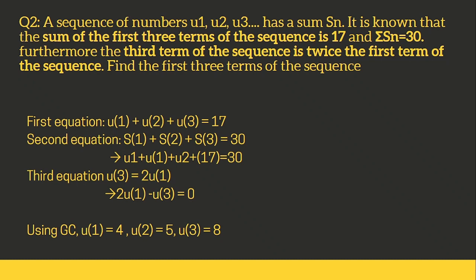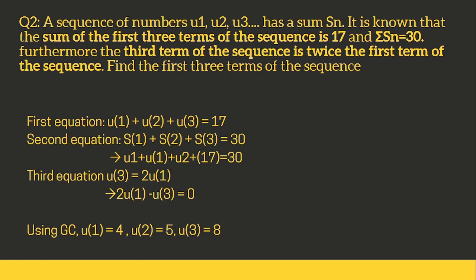So this is kind of like a simultaneous equation question. With all this information, we can create three equations. The first equation will be u1 plus u2 plus u3 equals 17. Then our second equation will be the sum S1 plus S2 plus S3 equals 30, which means u1 plus u1 plus u2 plus u1 plus u2 plus u3,